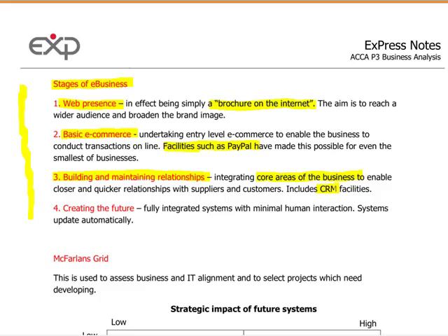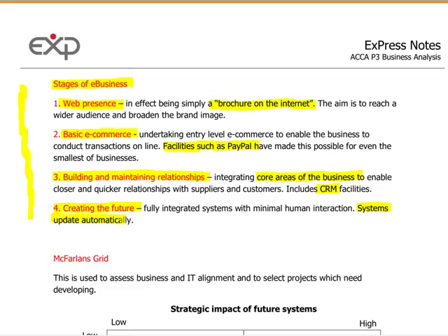The final stage is creating the future. And this is where we talk about a complete, fully integrated IT database, IT system, which has minimal human interaction. And as it says here, systems update automatically. So if you think of airline booking systems, for example, or the online travel portals such as Expedia,